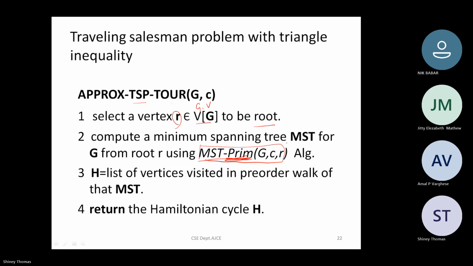Anyone? Minimum spanning tree of a graph in the